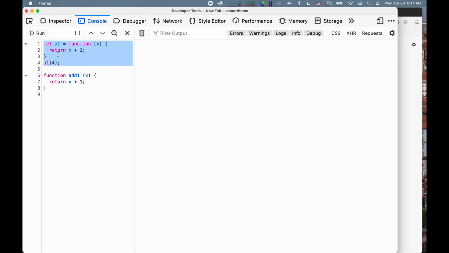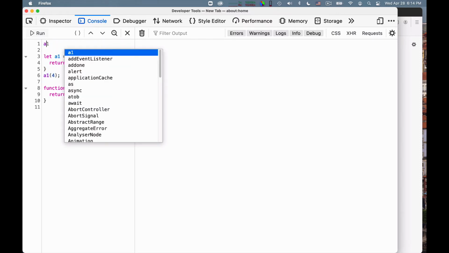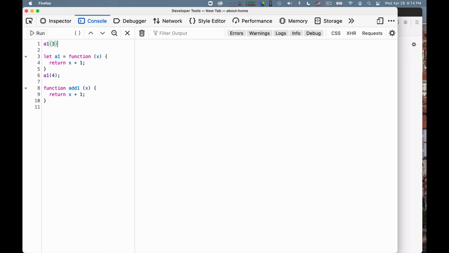Essentially, this definition becomes available only after you run it. So before you have this let a1 is equal to function, the value of a1 is not defined. Okay, you cannot use a1 here. You wouldn't be able to do this because at this point a1 would not be defined. Instead, at this point you can perfectly well say add1 of 3, say, because the scope of this add1 declared via function is global in the code block in which it appears. So there is a difference of scoping. The definitions via let become available only after you define them. The definitions via functions are available in the whole block.